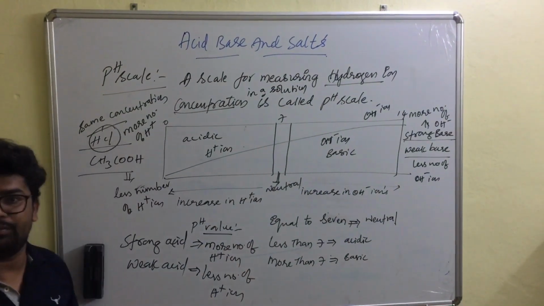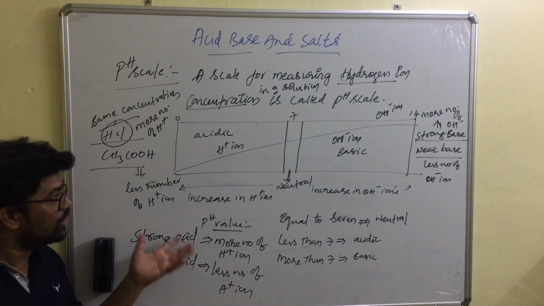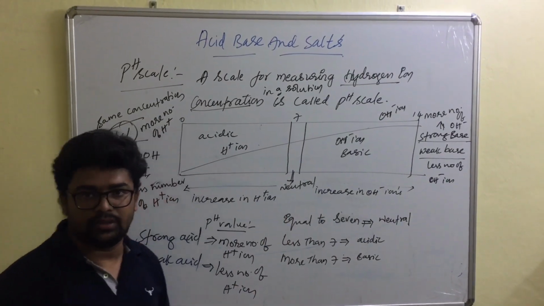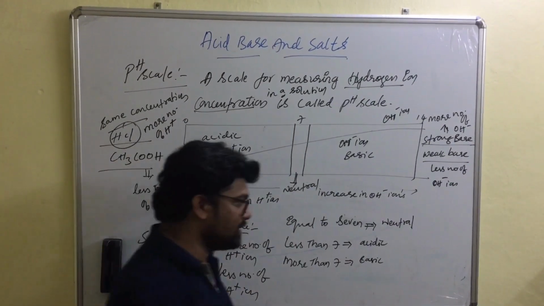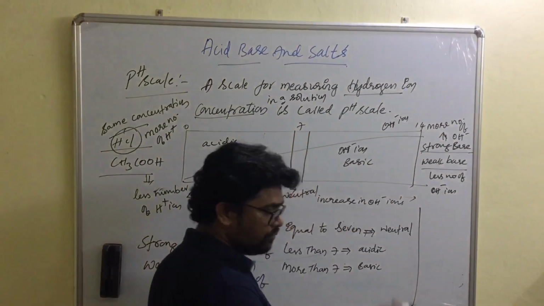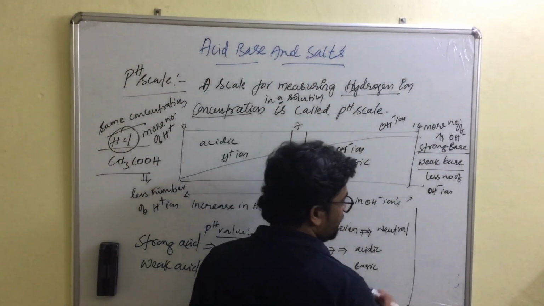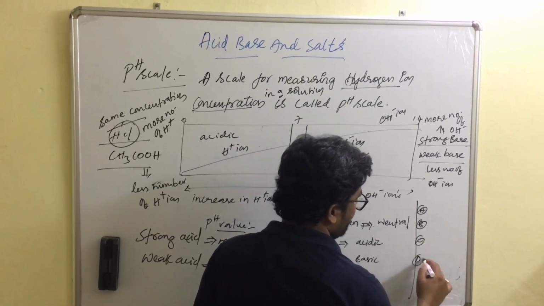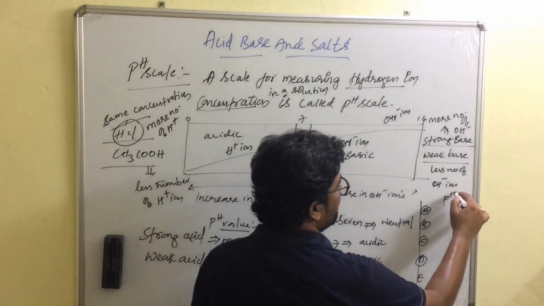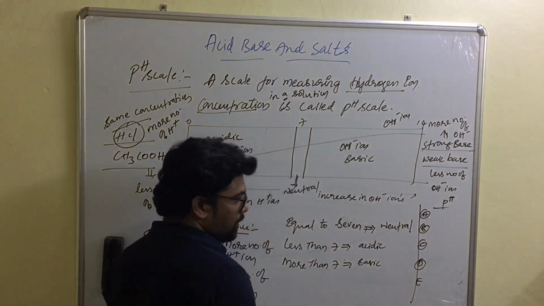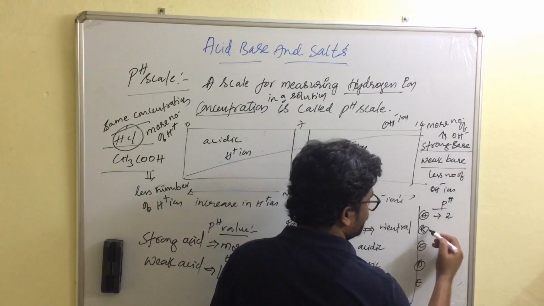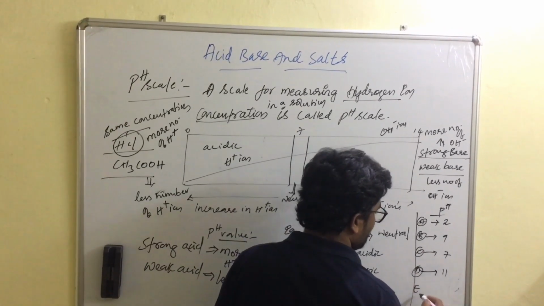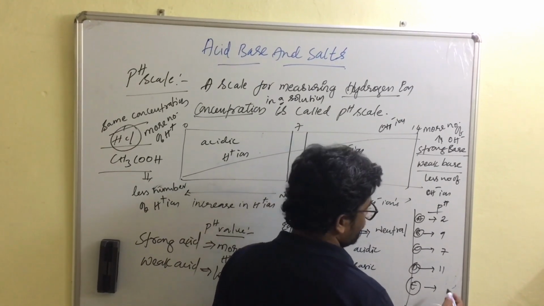That can be known with the help of the pH scale. Let us see how we find the nature of a substance with the help of an example based on values. अब थोड़े values दिए जाते हैं. For example, अब एक solution universal indicator से आप test करें. Suppose you have tested 5 solutions, labelled A, B, C, D and E. With the help of the pH scale, we got certain values: A gives 2, B gives 9, C gives 7, D gives 11, and E gives 4.